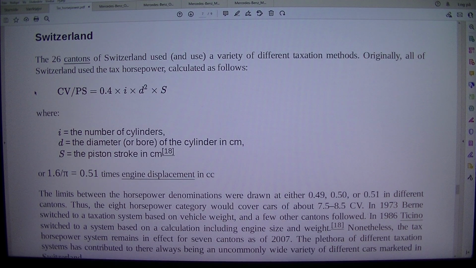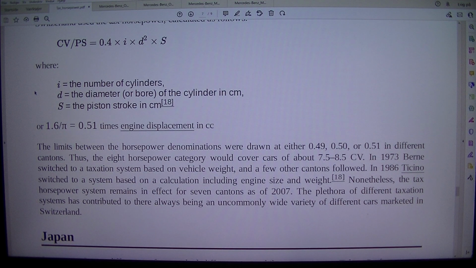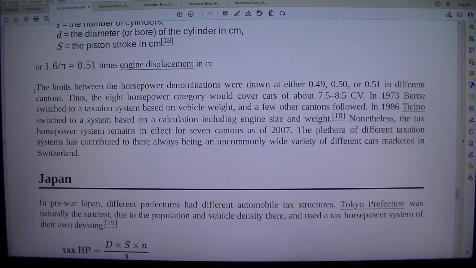The limits between the horsepower denominations were drawn at either 0.49, 0.50, or 0.51 in different cantons. Thus, the 8 horsepower category would cover cars of about